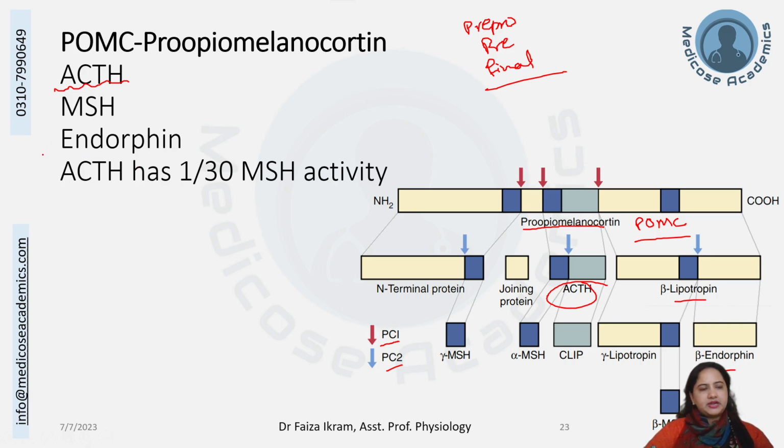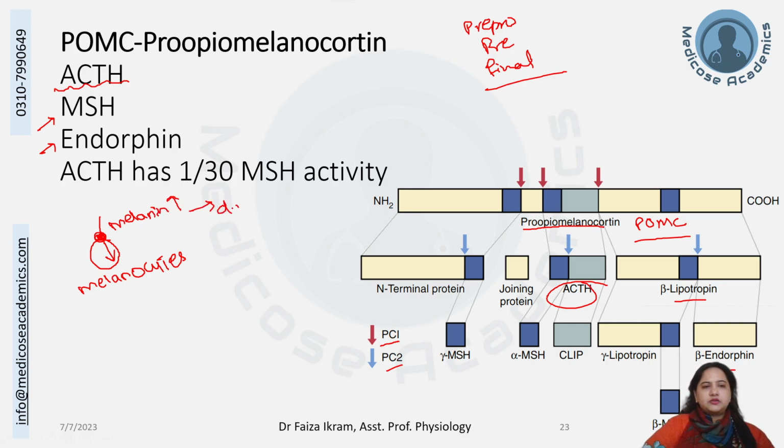Endorphins can attach to the opioid receptors and have the analgesic potential. Melanocyte stimulating hormone is also important. Why? Because in the skin, epidermis and dermis, we have melanocytes. These melanocytes have melanocyte stimulating hormone receptors on their surface, and once this receptor is activated, melanin can move into these melanocytes. More the melanin move into the melanocytes, darker will be the skin. If there is no melanocyte stimulating hormone, melanin will not move into it, and that can lead to a condition,